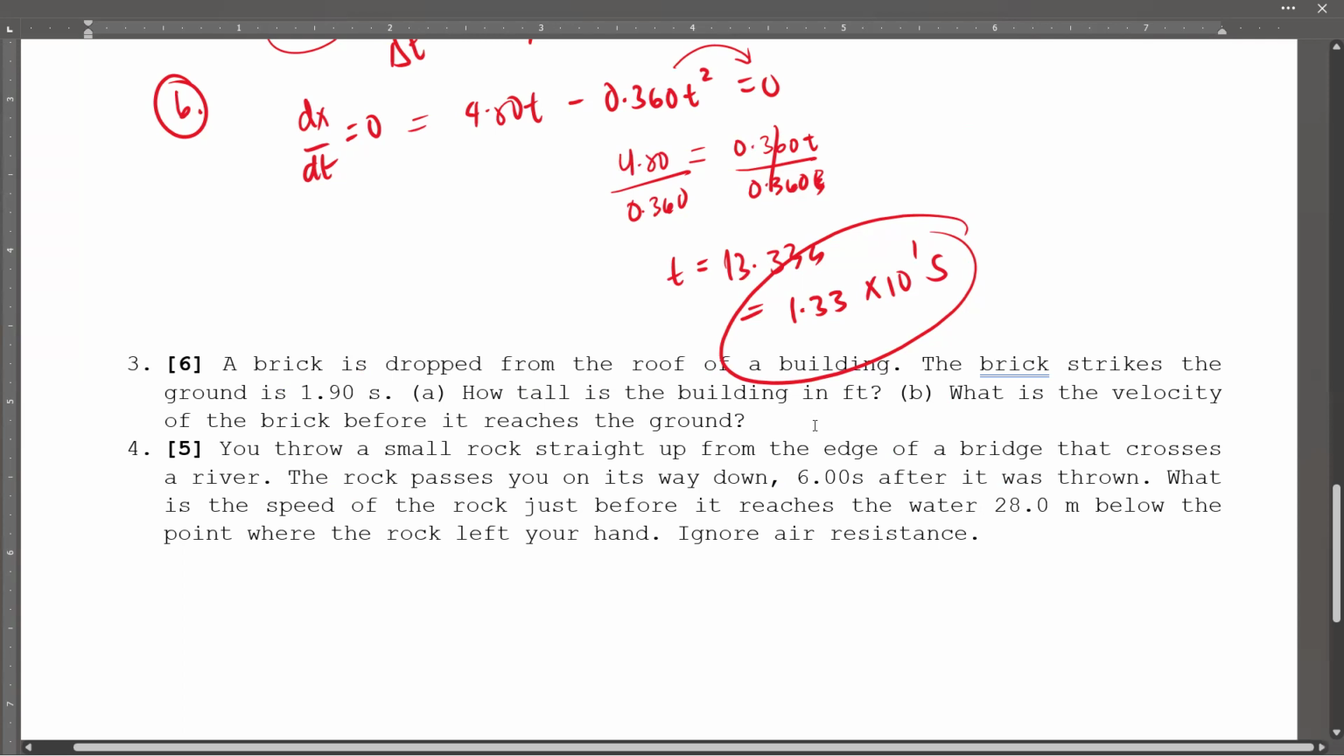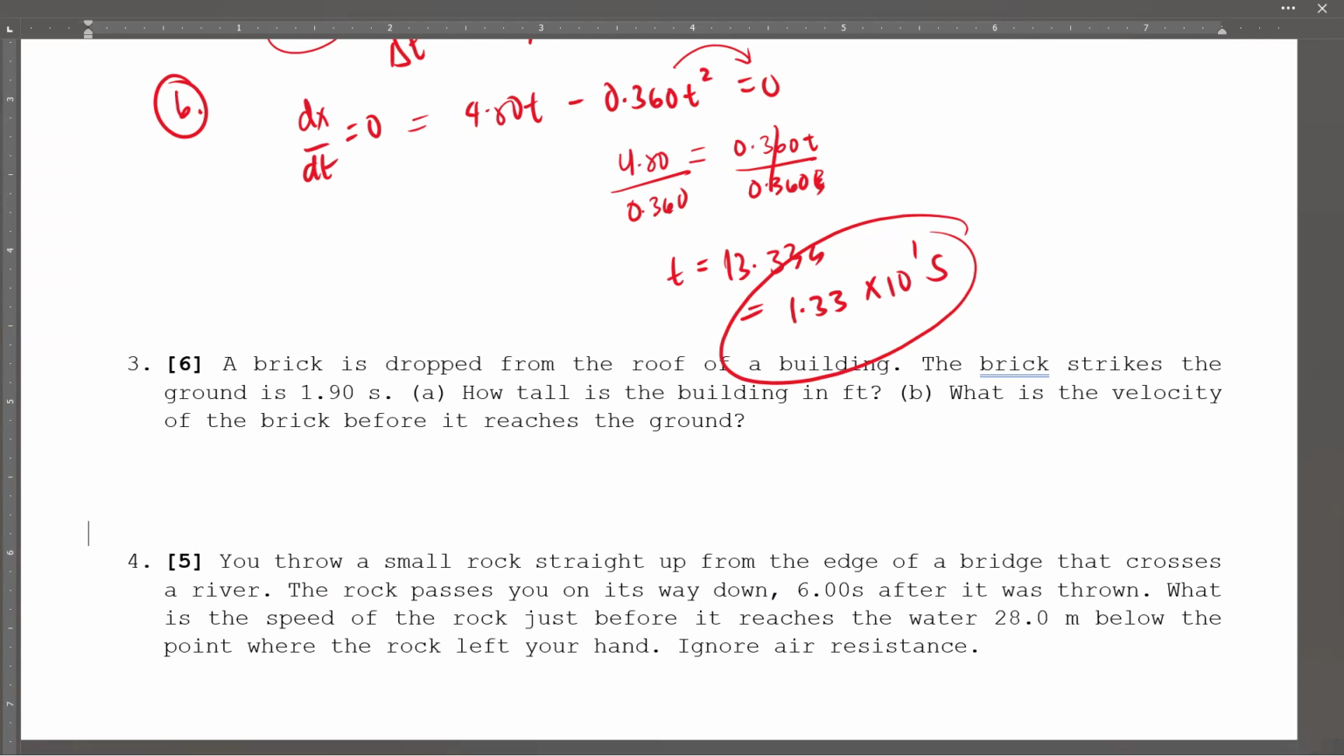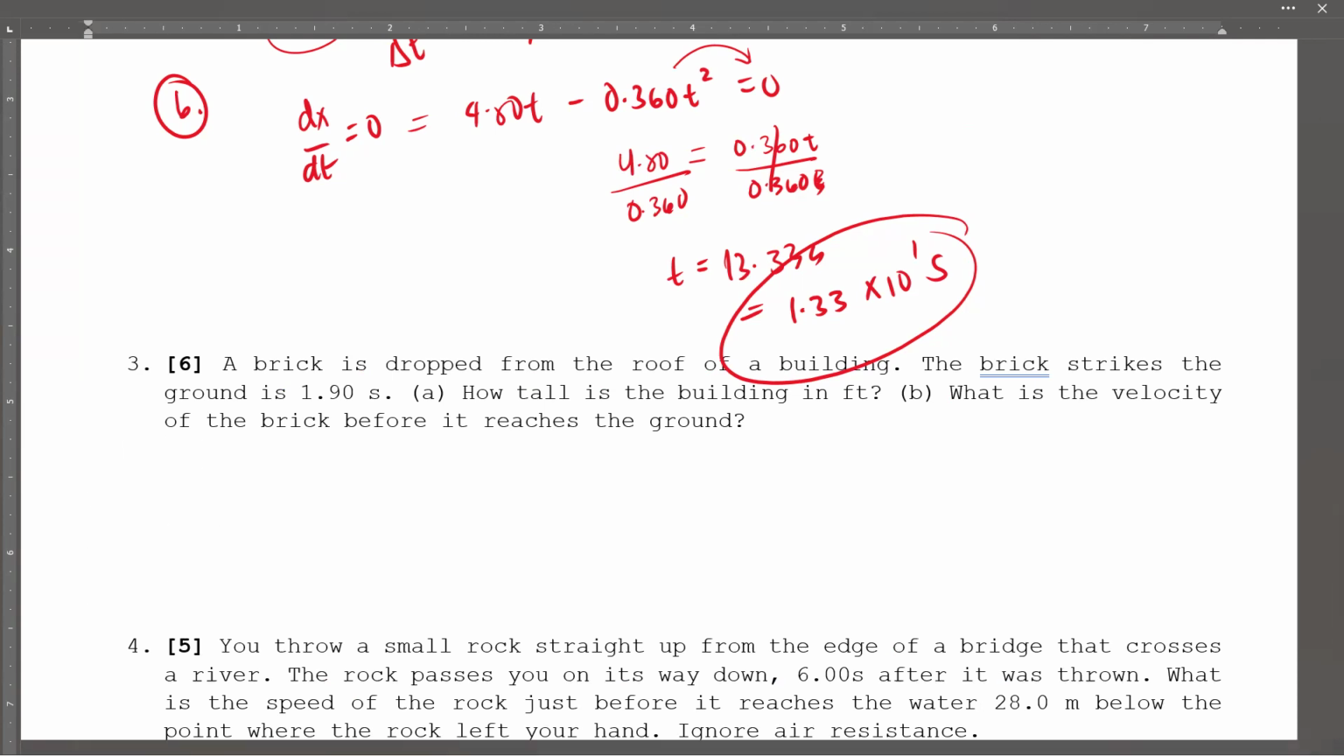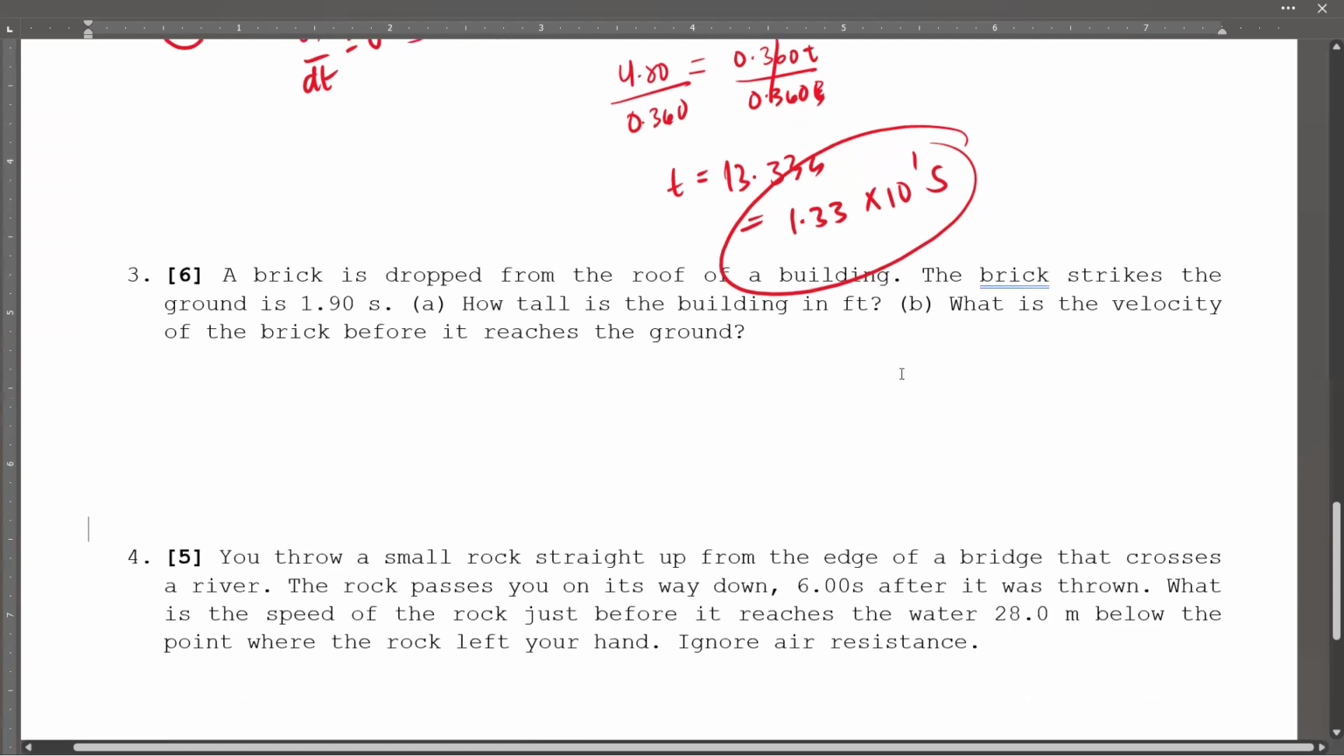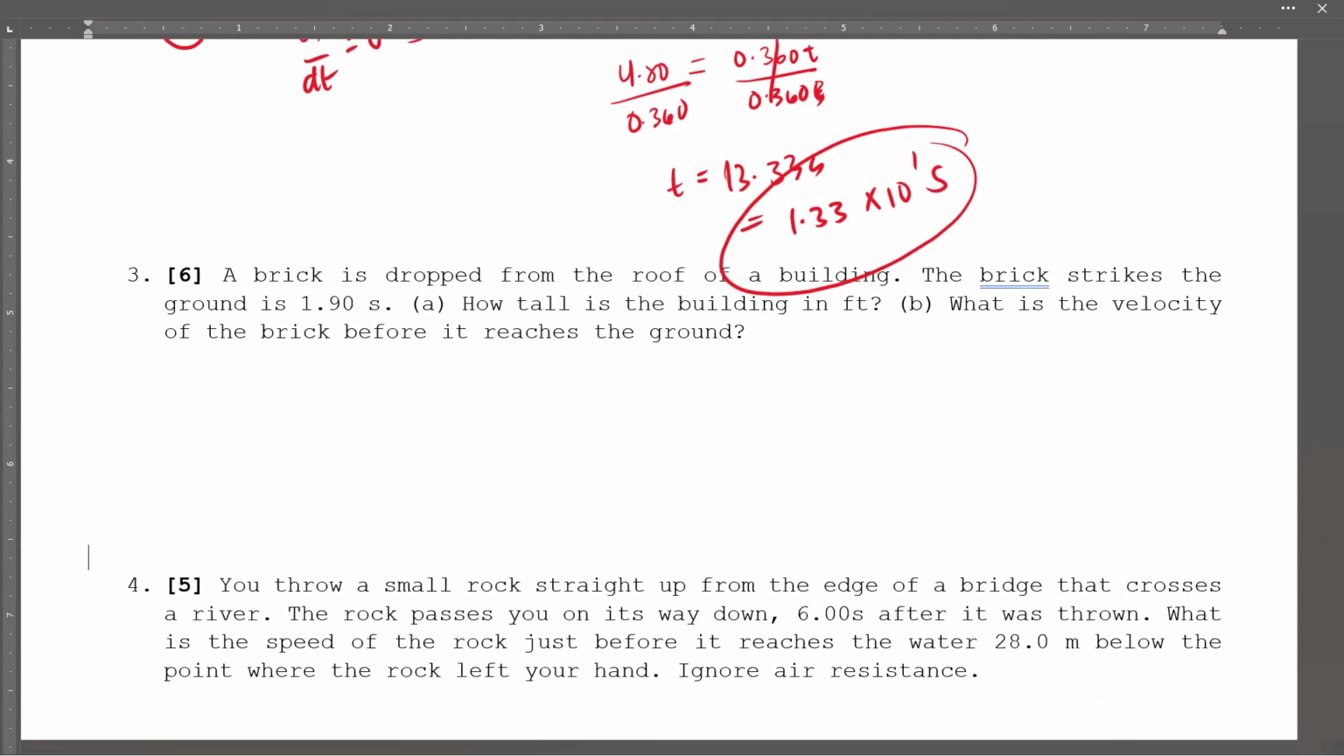Okay? Next. A brick is dropped from the roof of a building. The brick strikes the ground in 1.90 seconds. How tall is the building in feet? And what is the velocity of the brick before it reaches the ground? Okay, so